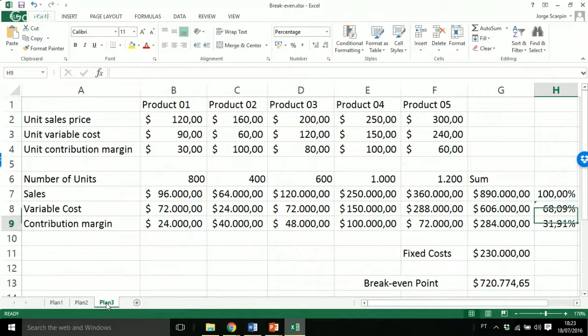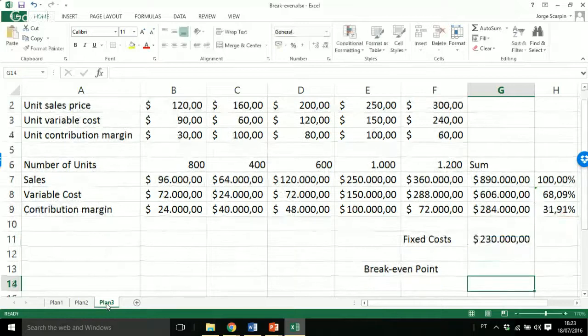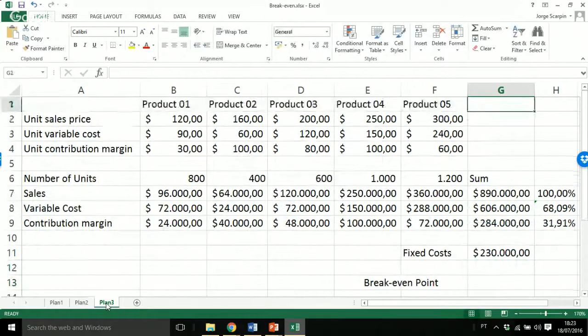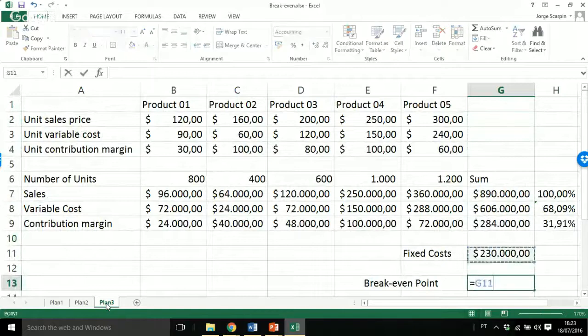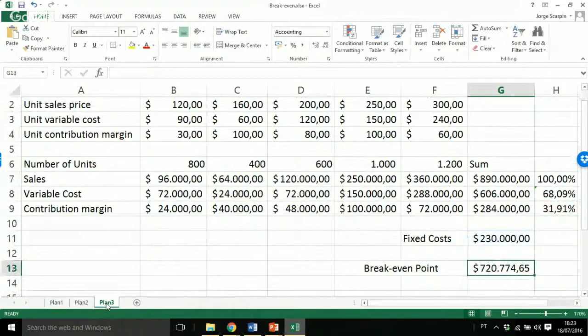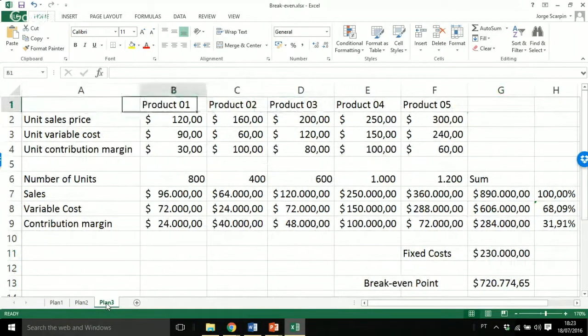the percentage of variable cost and contribution margin. If we have a fixed cost of $230,000, our break-even point will be 230 divided by 0.3191, $720,774.65. And you can see that it's much easier than if we apportion this fixed cost to all of our products and so on. So we have a full break-even point of